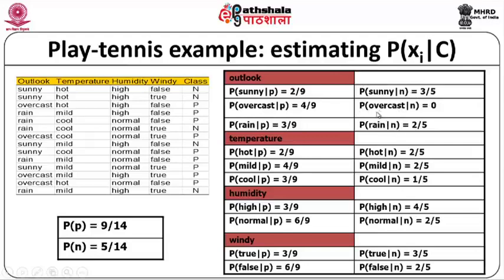So we have understood how we can calculate the conditional probability of a record with respect to a specific class label. We have computed for one attribute; we will have to compute for the rest of the 3 attributes also. Similar to computing conditional probability for the outlook parameter, we will have to compute the conditional probability for temperature with respect to the class labels yes and no. The conditional probability is given here, so this is your conditional probability table. Having computed these conditional probabilities, now when a new record is given we can easily identify to which particular class this record may be associated.